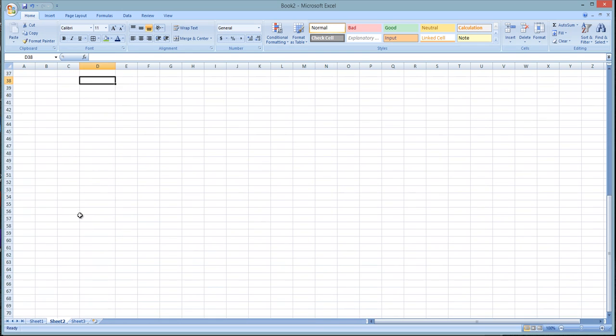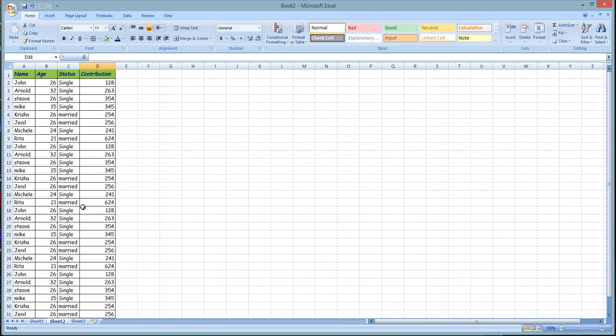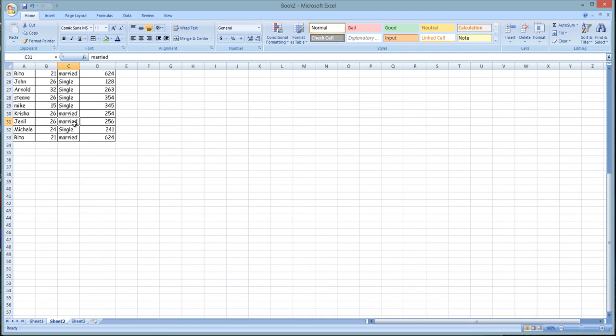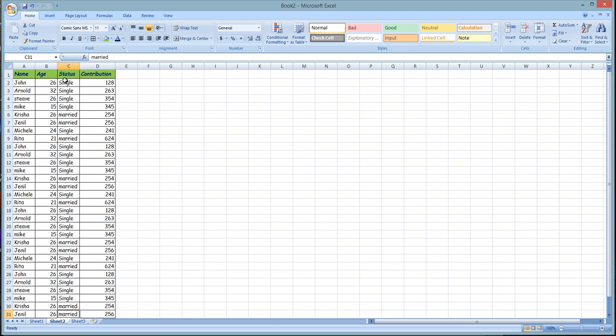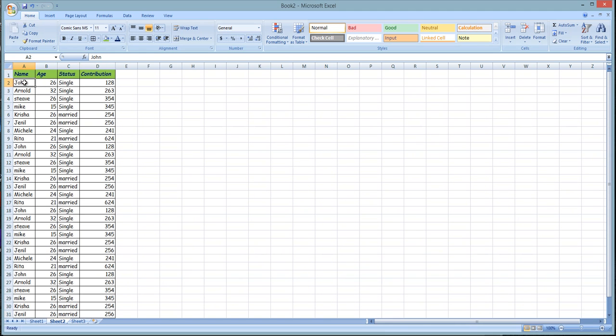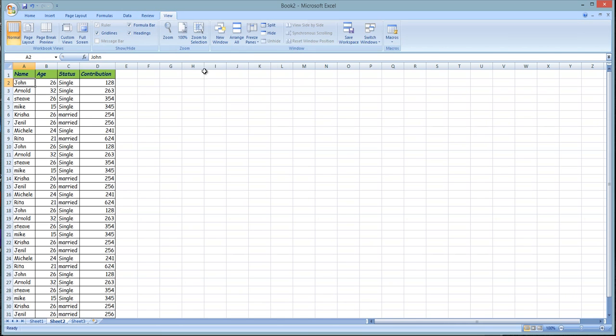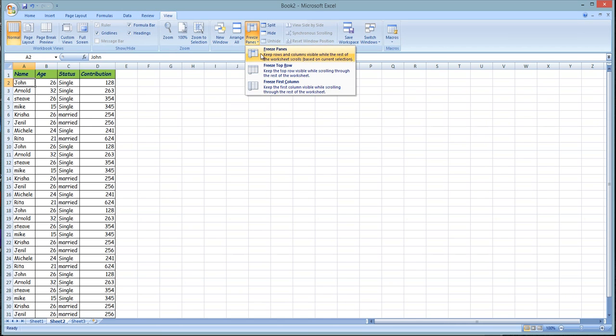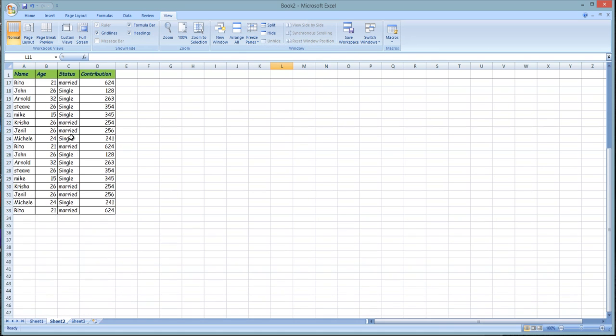So when I scroll up, these things go up. If I want to see what this was, okay, this is the status. I want to come back again like this. So what I want is this should stay when I scroll, and the remaining data should go up. So if I click here, go to View, and Freeze Top Row. See,